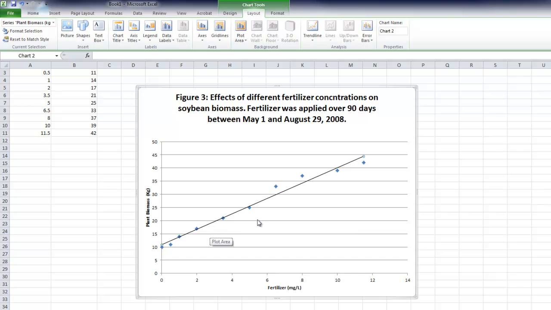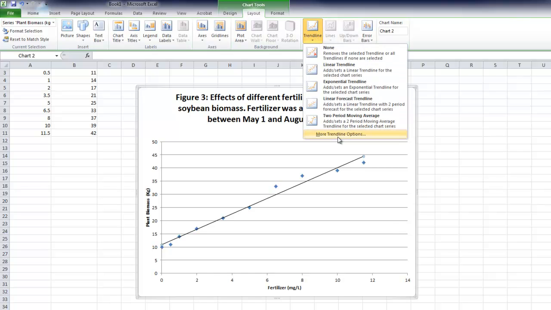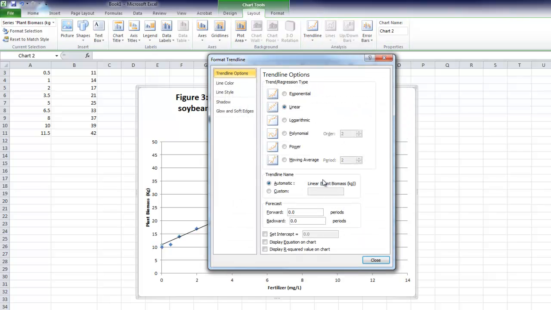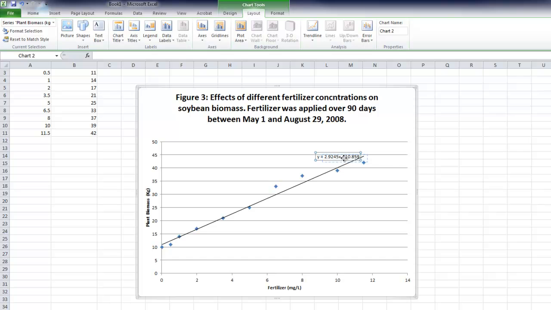So this is starting to shape up just like our manual, but what we need to add next is our equation. So to do that, we're going to come back up here to Trendline, and we're going to go to More Trendline Options. Now down here at the bottom, you can see Display Equation on the chart, and that's what we're going to do. So now I have my equation,